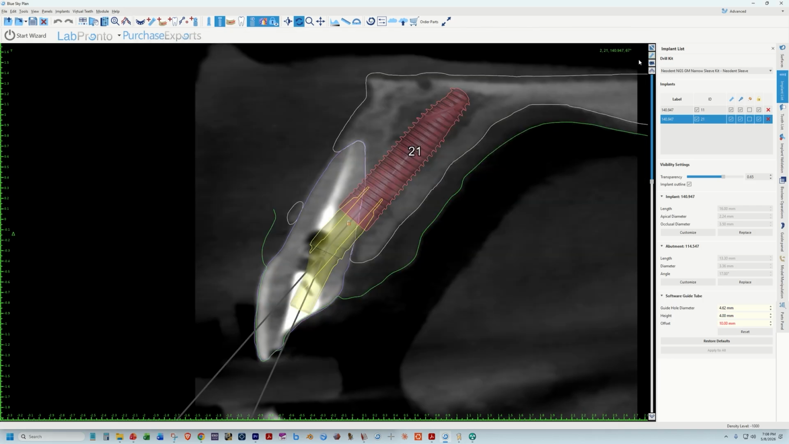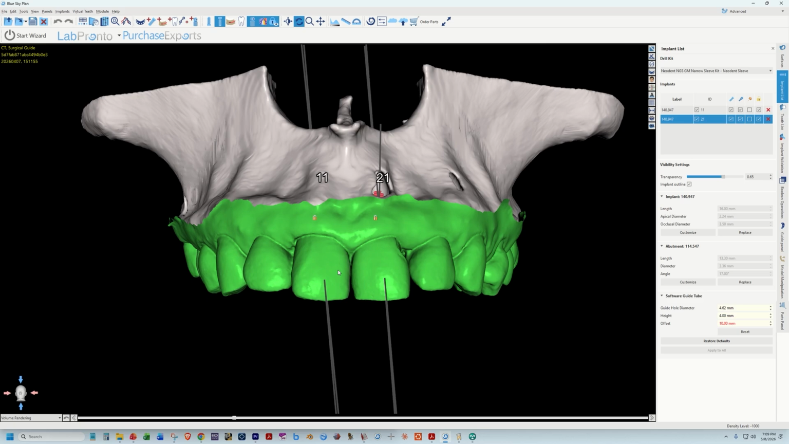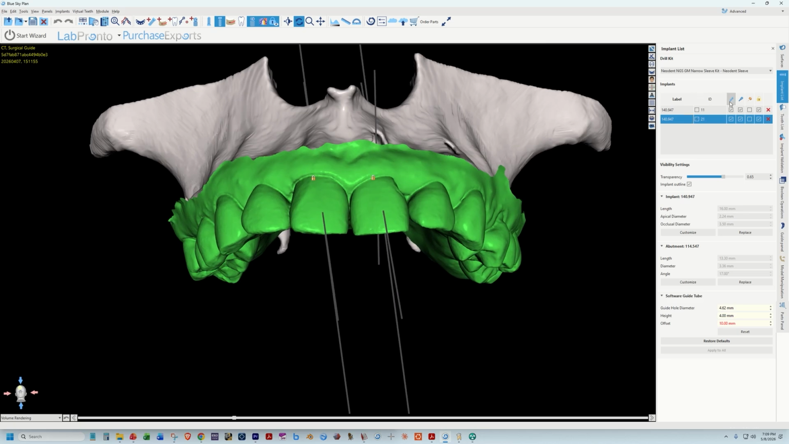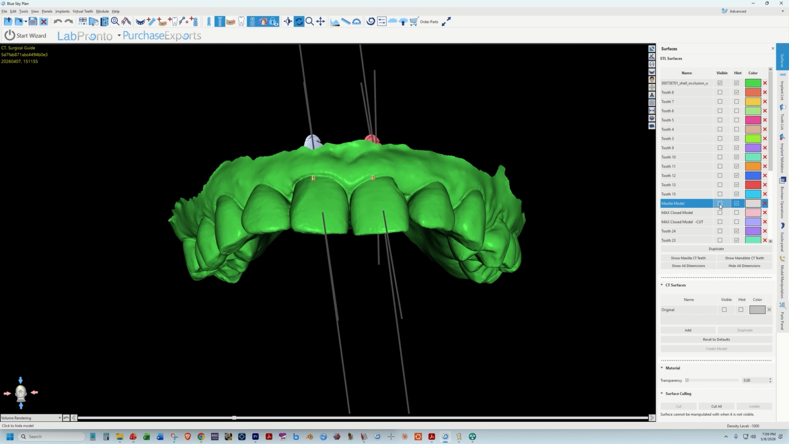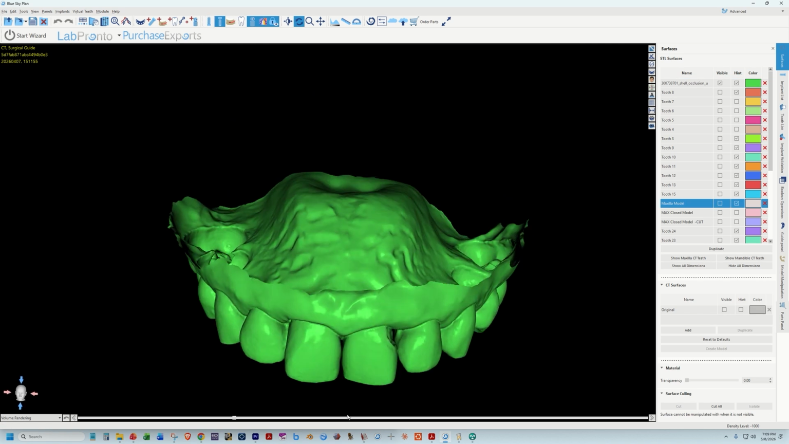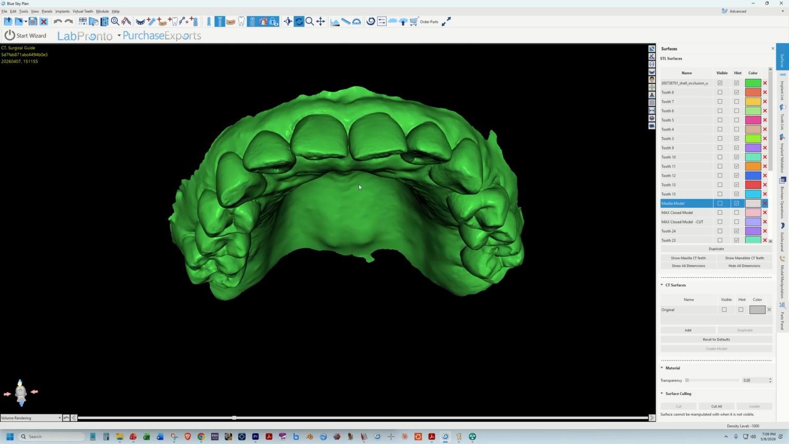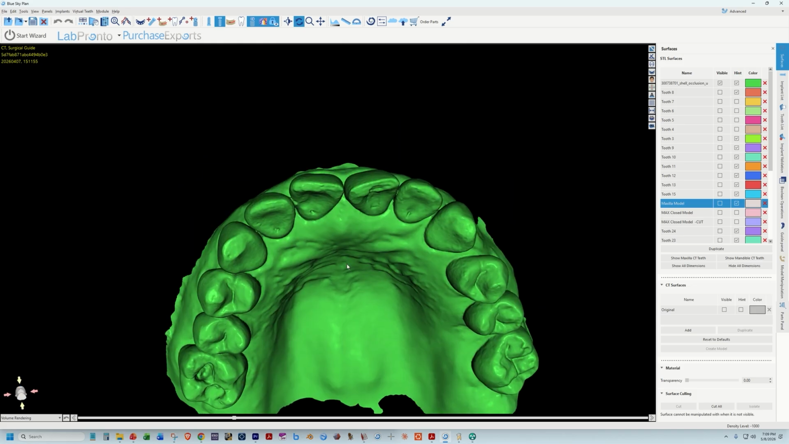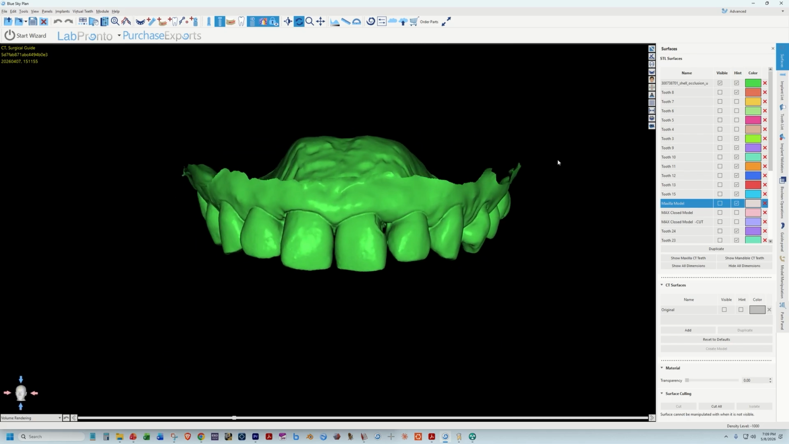Okay, so let's turn those numbers off. Let's turn off the maxillary model. Let's turn off the implants. And then you have this, and you might say, well, how did you plan a surgical guide if the model has 2 teeth? Well, I won't go into every detail for this video, but